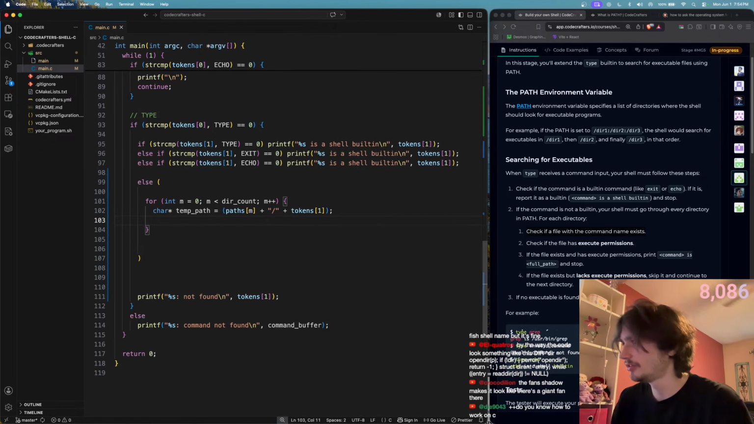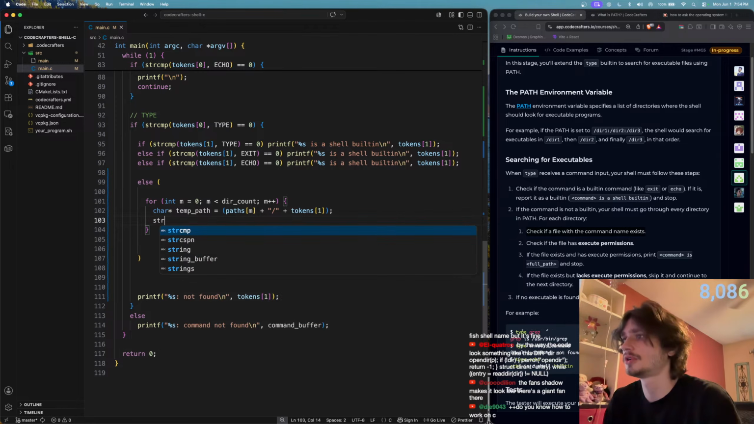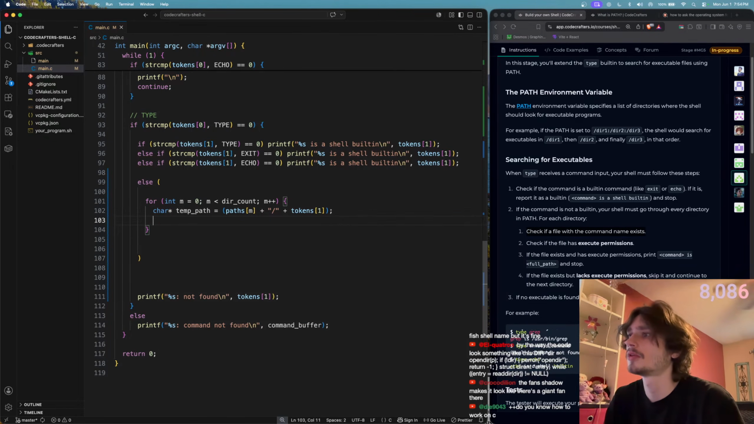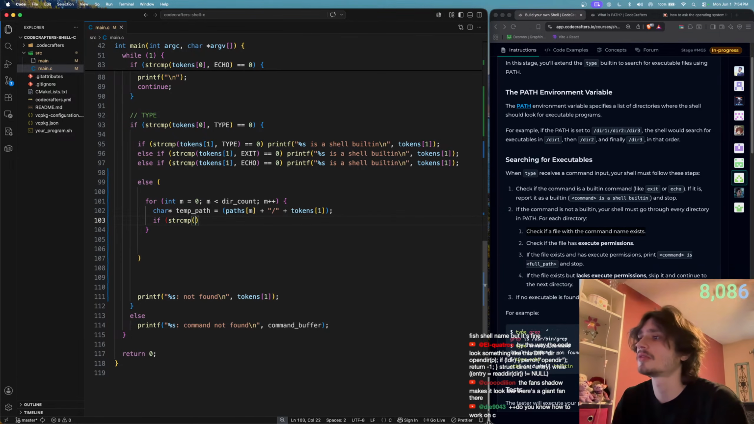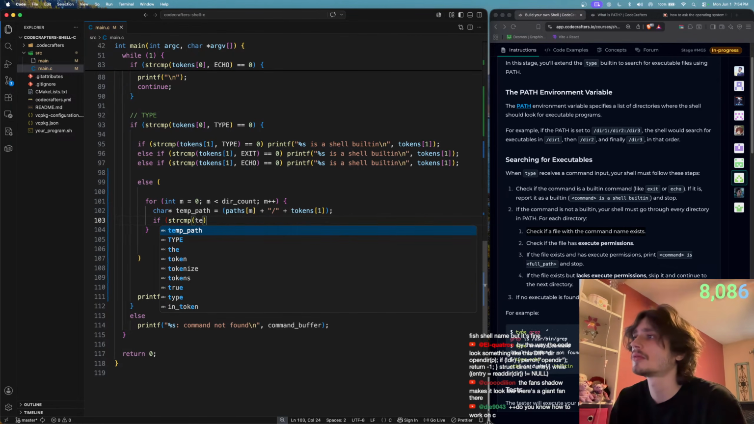So then what we can do is if we'll do strcmp, if strcmp, we're going to compare the strings of temp path and